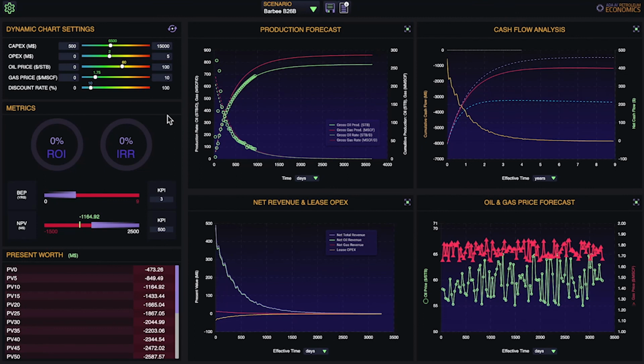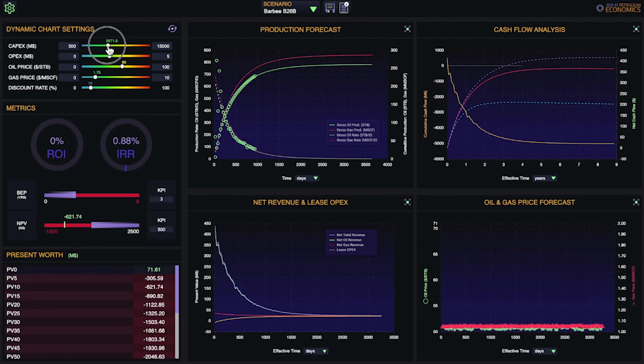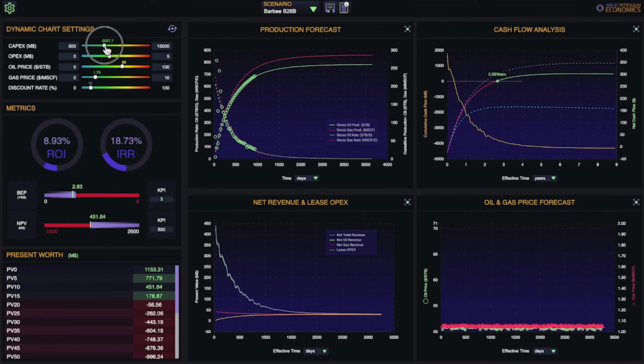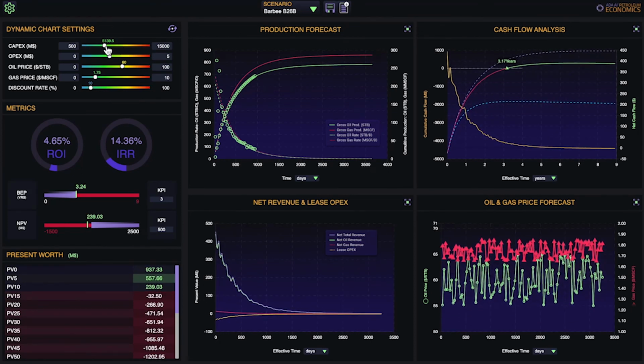So what happens if you buy this well 1 year after it starts production? For a capex of 6.5 million, this is not profitable. You cannot pay 6.5 million for this well. Let's see what is the approximate value that you can pay for it. In this case, we see some revenue for a capex around 5.1 million. However, you should also take a look at the net present value and the ROI and IRR values. In this case, the IRR is